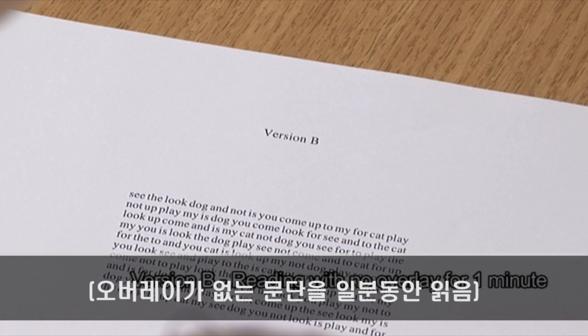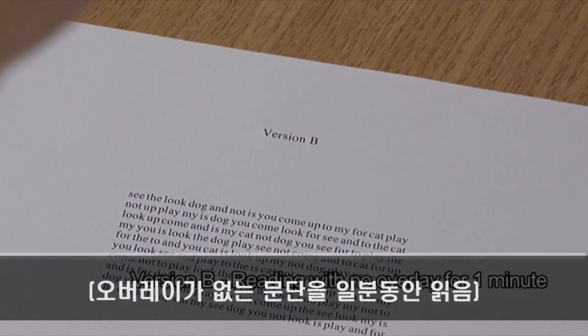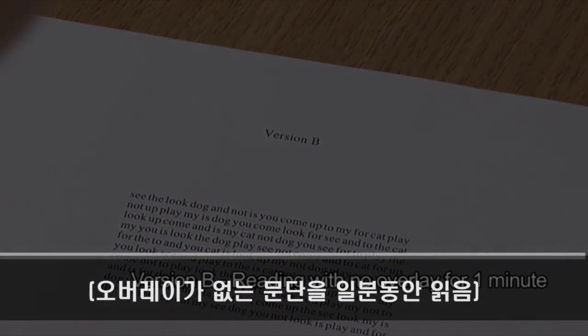See the look dog and not is you come up to my for cat play, not up play my is dog you come look for see and